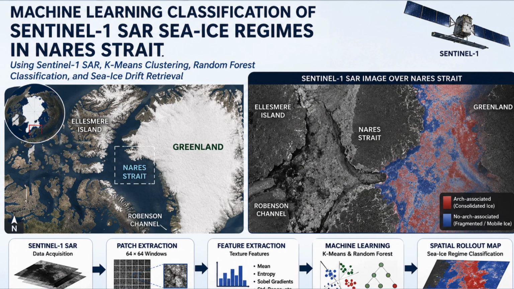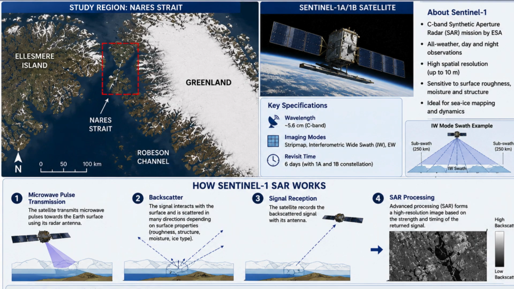During winter, stable ice arches can form within the strait, creating consolidated and mechanically rigid ice conditions. In contrast, during summer or no-arch conditions, the sea ice becomes far more mobile, fragmented, and dynamically active. Understanding these sea ice regimes is important because they influence Arctic freshwater export, sea ice transport, ocean circulation, and broader climate processes. However, the Nares Strait is narrow and dynamically complex, meaning traditional low-resolution sea ice products often struggle to